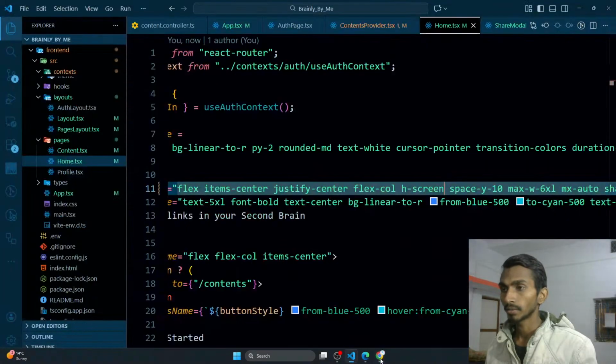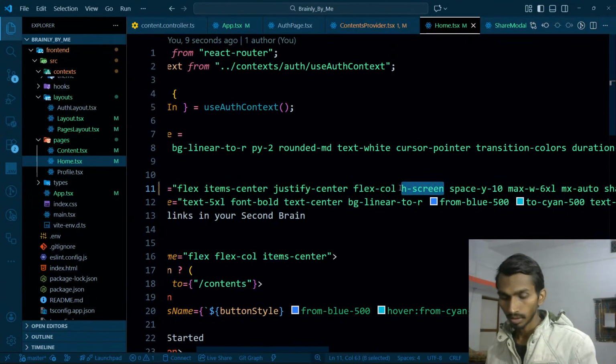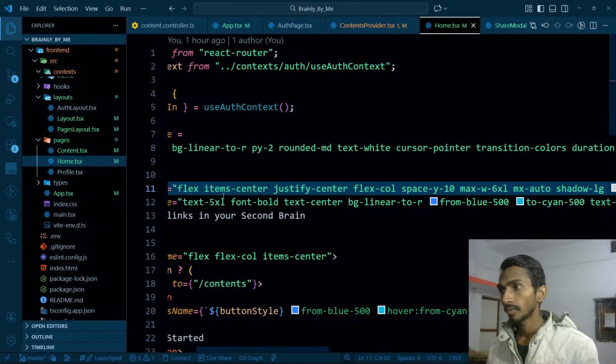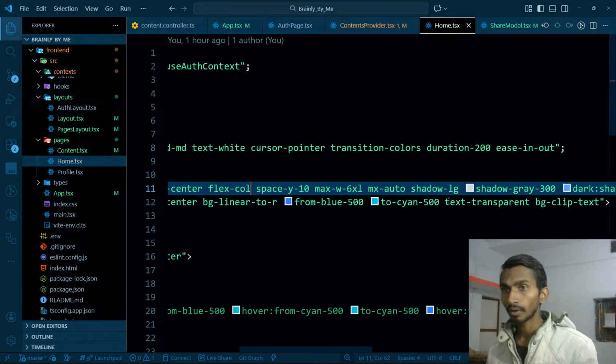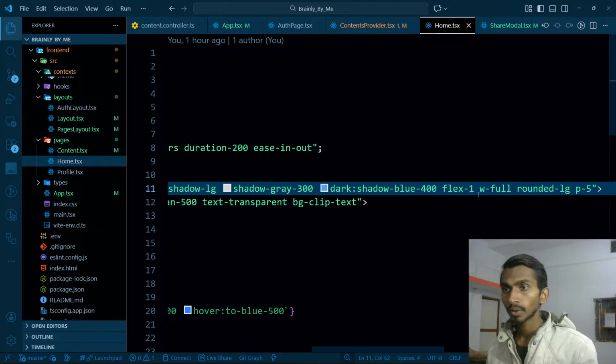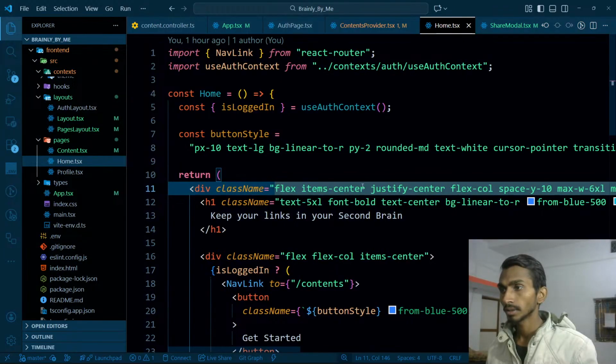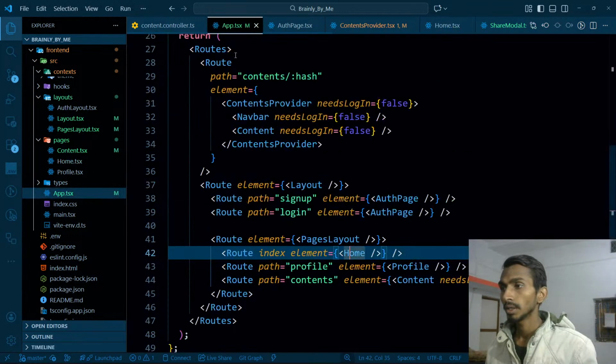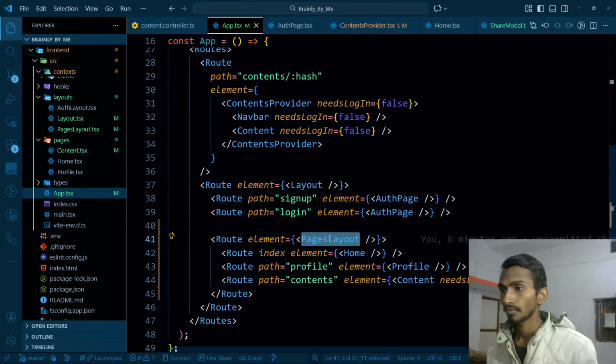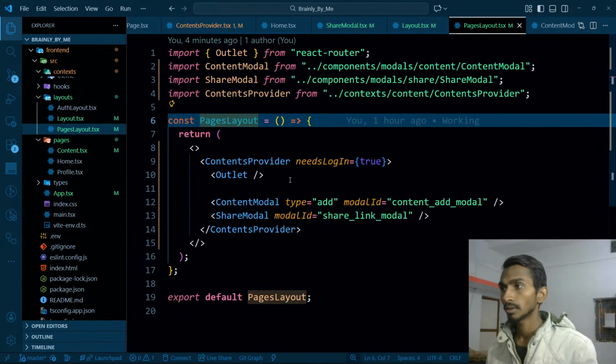Okay, normally it doesn't work great. That means it doesn't get the height by default. Interesting. Flex items, all these things are here. Flex 1 is actually here. Flex 1 means it will take as much height as it can. But the problem is that this whole home page is inside this page layout, and this page layout,